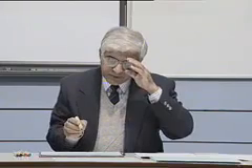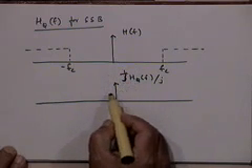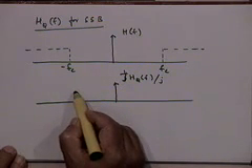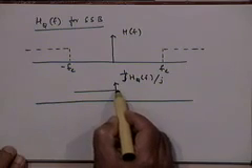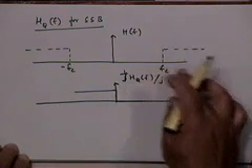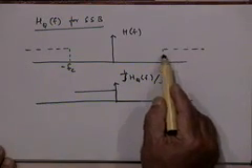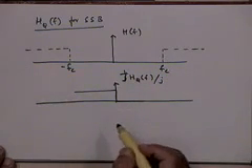So H(f) minus fc shifts this to the right to this point. So you get this, right? Of course, this portion will go around 2fc. We are not interested in that. We are only interested in the portion in the low pass region. H(f) plus fc will shift this portion to the left,